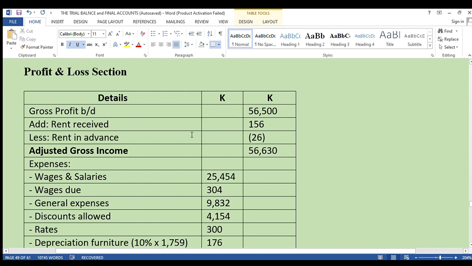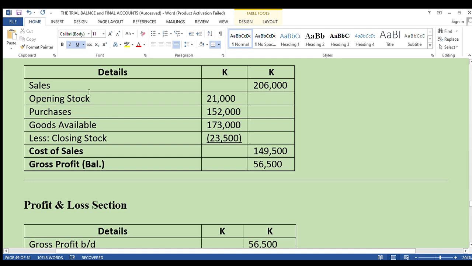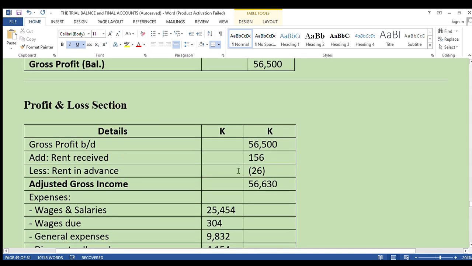So the whole purpose of the profit and loss section is to give us the net profit or loss, which simply is: you get the gross profit, you subtract the expenses. That's all. But sometimes, if you have made some money which is not in the sales here, you need to add it. Here's the situation: